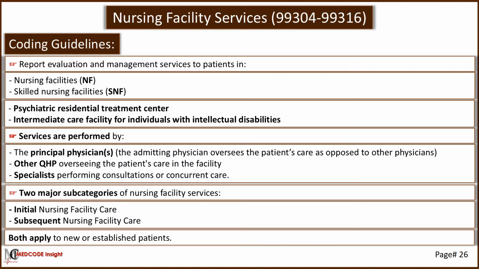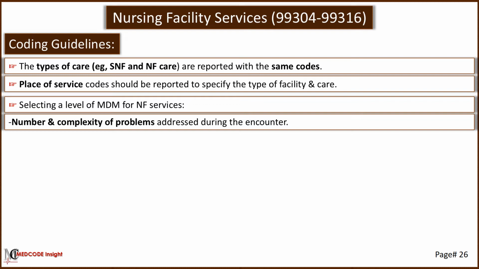Two major subcategories of nursing facility services are recognized as initial nursing facility care and subsequent nursing facility care. Both categories apply to new or established patients. The type of care, like skilled nursing facility and nursing facility care, are reported with the same code. Place of service codes should be reported to specify the type of the facility and care where the service is